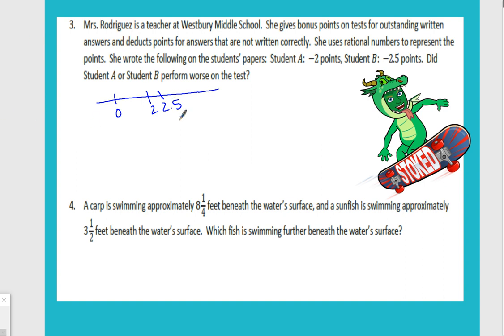Because what do we notice about this? Yeah, these are supposed to be negative points, and these are positive. So really, we're to the left of 0, right? Here's 1, here's 2, there would be 3, and they're negative. So -2 is right here, and -2.5 is right here. But here is the positive side of our graph. So which one is closer to being positive? -2. So student A